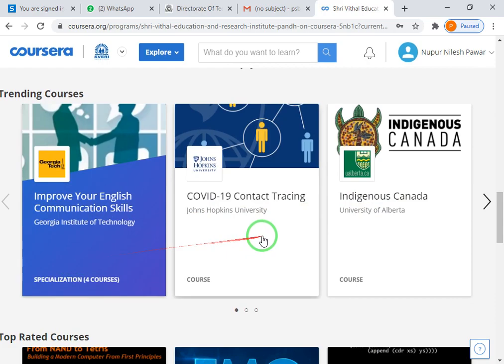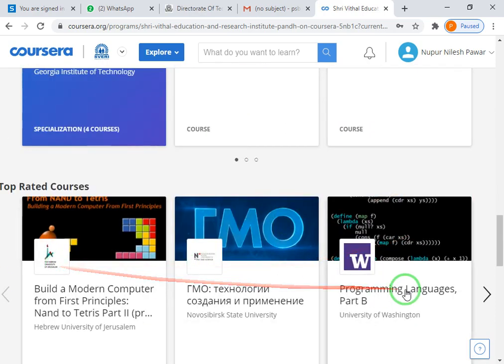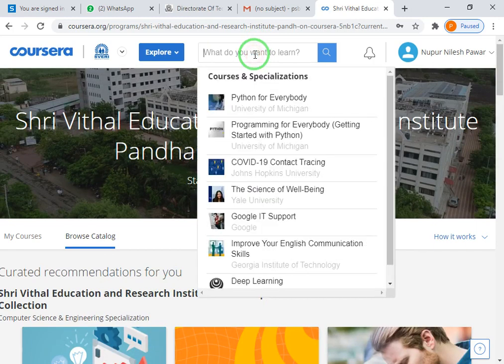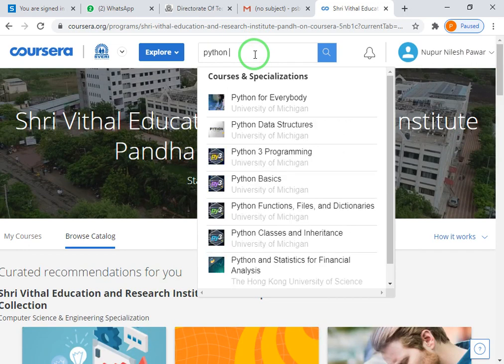A number of courses are provided. Otherwise, click on the search option and you can type the subject on which you want to complete your course.